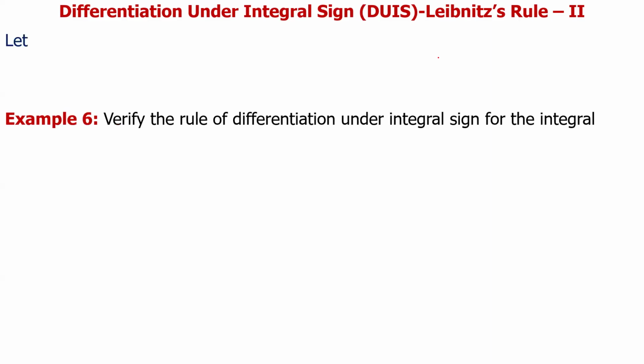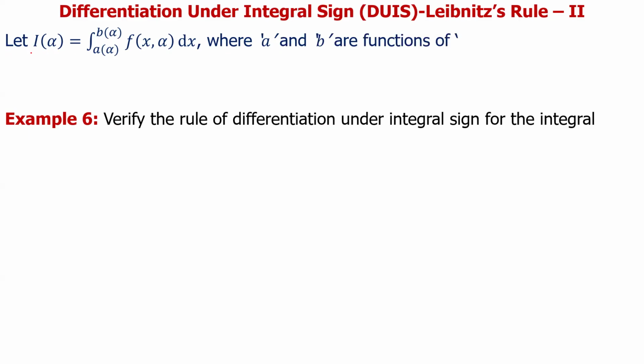In this lecture, we study differentiation under integral sign, DUIS rule number 2, or it is called Leibniz rule. What is DUIS rule number 2? Let I of alpha be equal to the integration of f of x, alpha under the limit a to b, where a and b are functions of alpha,